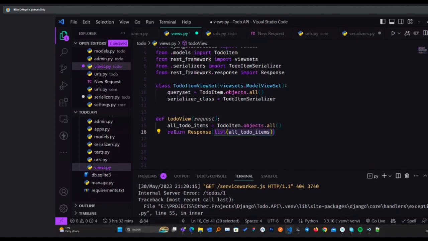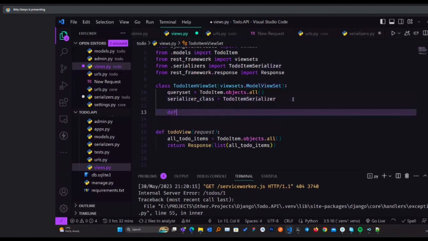So you'll have to specify your own function that can do that. But if you're using the model viewset, you can actually override whatever happens. So let's say for the list we have something of the sort.